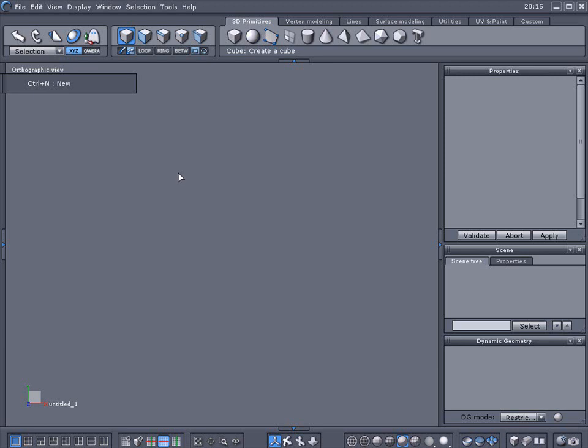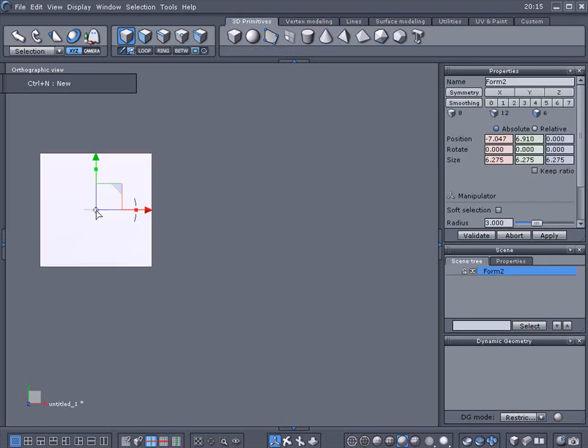In this tutorial I'm going to show you how to make a hole in an object, a circle hole. I'm going to show you a few methods and you choose which is best for you. I'm going to use this cube here as my reference, and I'm just going to select the face on here,